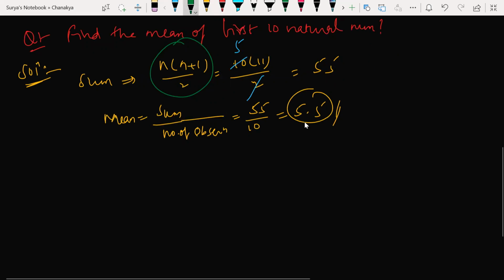Okay, you have learned that Sn, the sum of n numbers, is equal to first term plus last term. No, that is different. Here I'm talking about the sum of the first n natural numbers. Sum of first n natural numbers is n into n plus 1 by 2. Sum of squares is n into n plus 1 into 2n plus 1 by 6. Sum of cubes is n into n plus 1 by 2, whole square. These are the formulas. This is very simple actually.